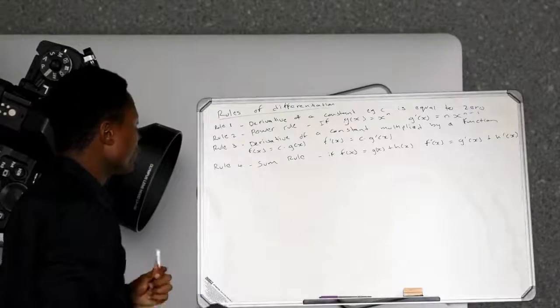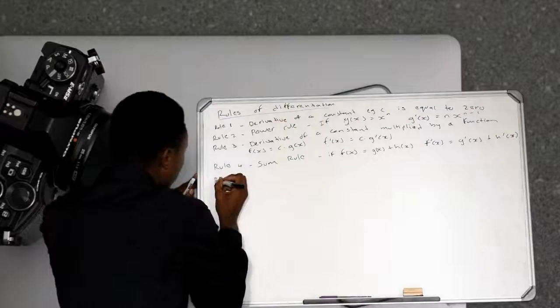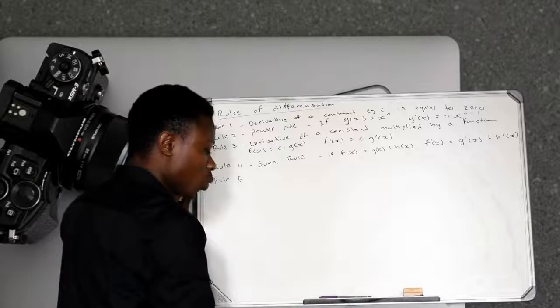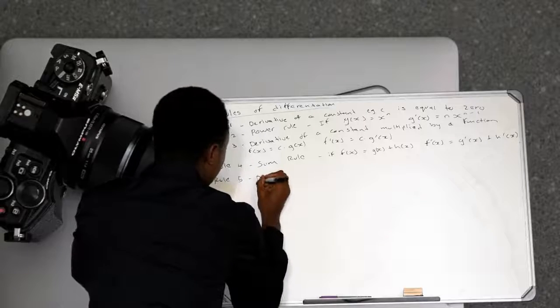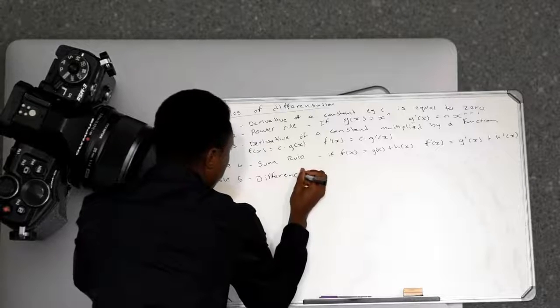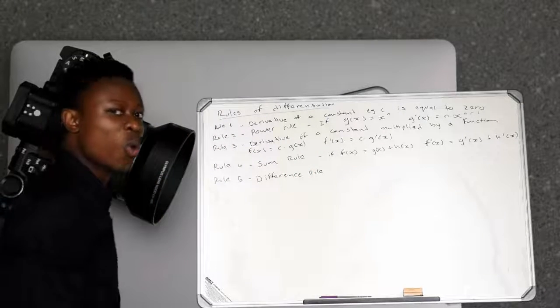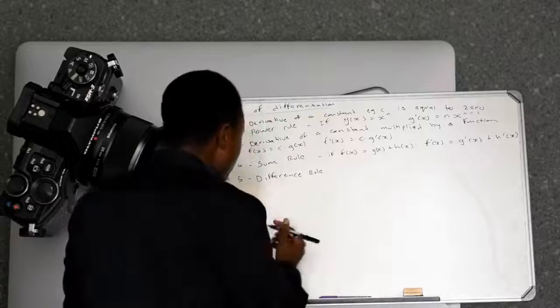So the other rule, on the opposite of this, would be the subtraction rule or the reduction rule, which would be rule 5, which they call a difference rule. Right? They call it a difference rule, but you can call it whatever you want, as long as you know the concept. Because I'm pretty sure they're not going to ask you what is it called. So anyway, so let's go. So what does it say? It says